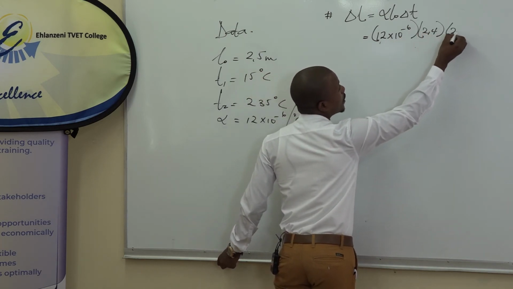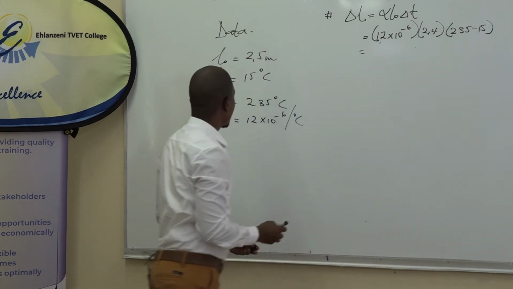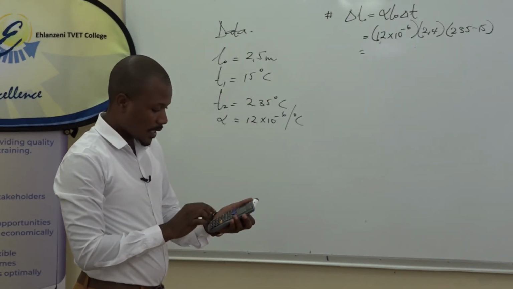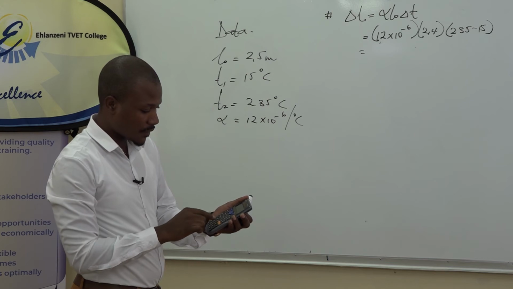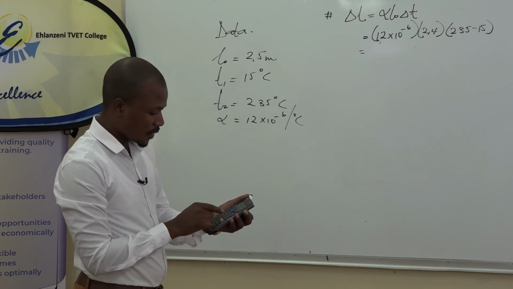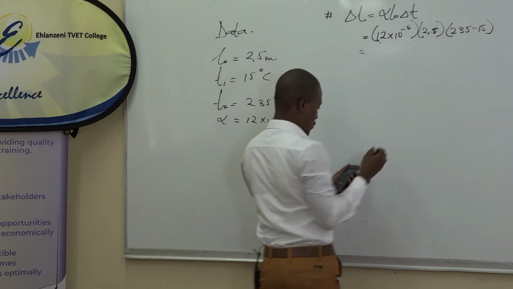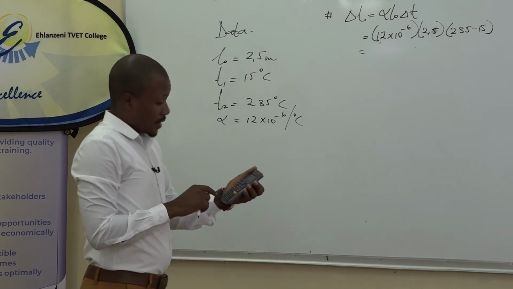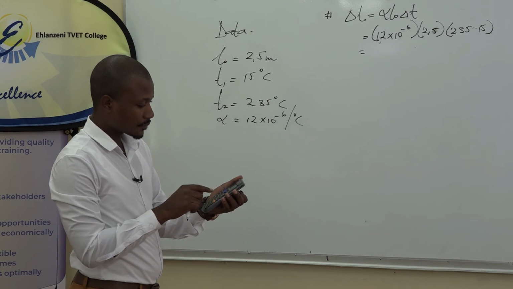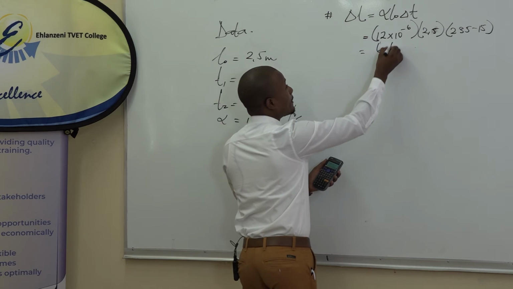Change in temperature 235 minus 15. Now let us find what that is. 12 exponent negative 6 multiplied by 2.5, multiplied by 235 minus 15. This is what we have: 6.6